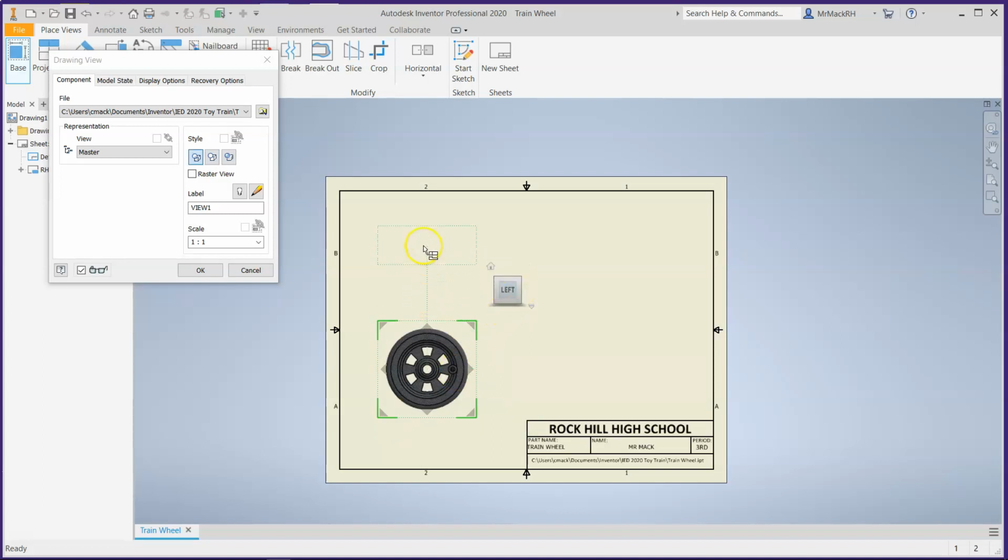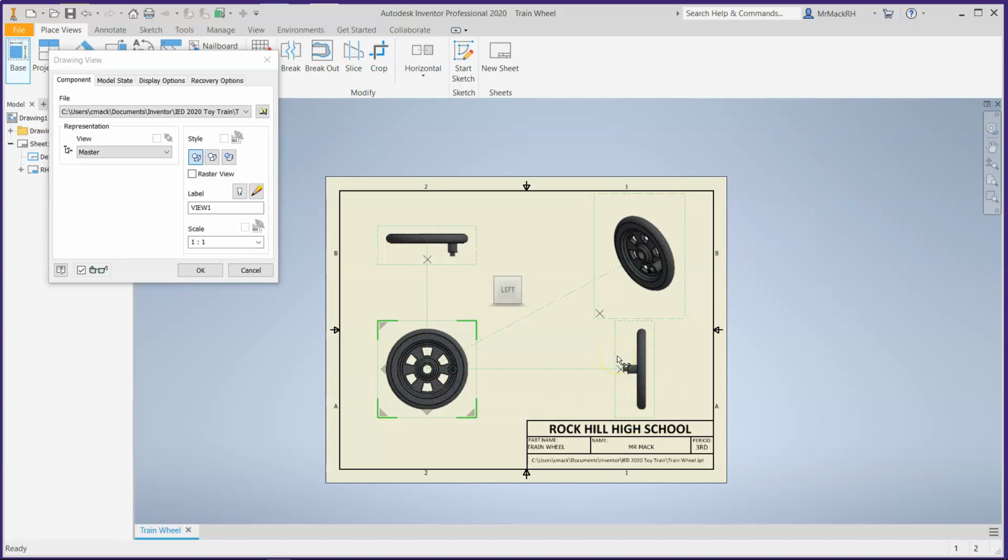And we're going to go up. And then we're going to go over to the isometric view. And then I'm going to come down to the side view. Now, the side view and the top view are about the same. So we're probably going to get rid of this side view eventually, but before we do that,